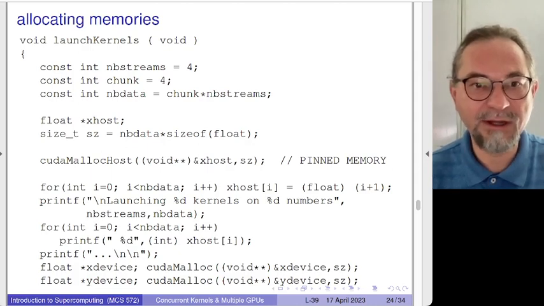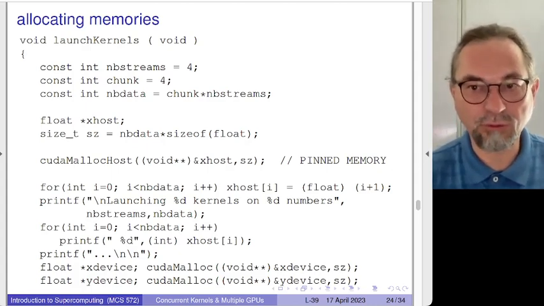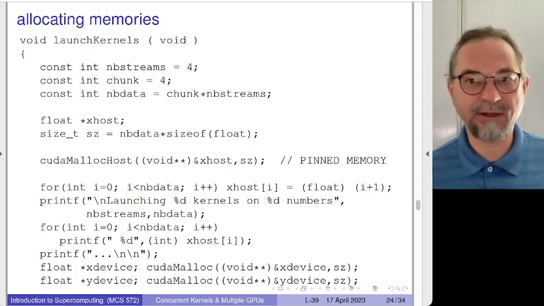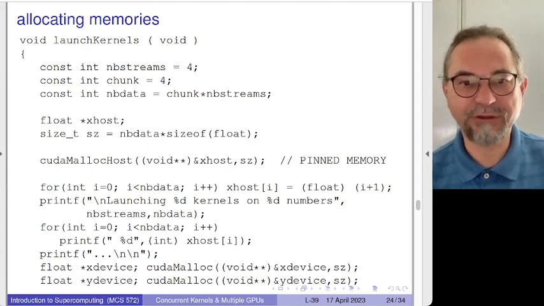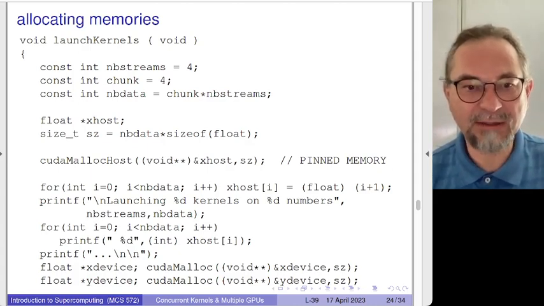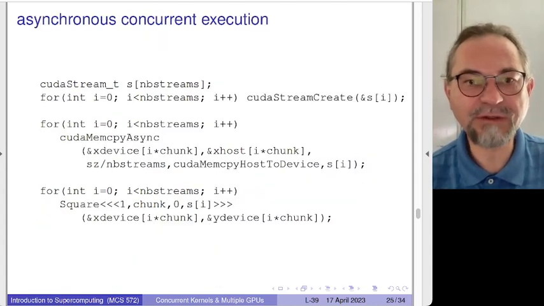We have the X host, and then we have the X device and the Y device. So the X host contains all the data. The X device will have the input that will be transferred in chunks, and the Y device contains the output. So then here you see the asynchronous